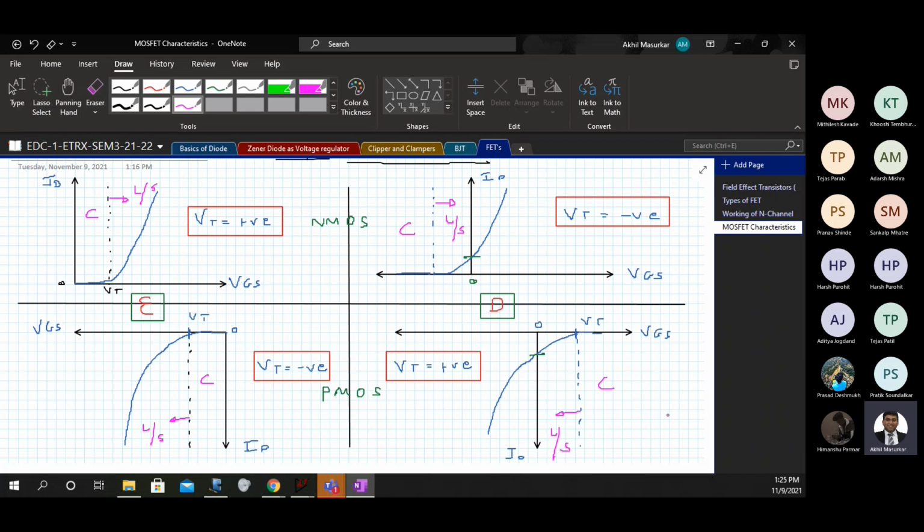Whether you start from 0 or from a maximum value does not matter. If you start from 0, you have to enhance the conductivity of the channel. If you start from the maximum value, then you have to reduce the conductivity of the channel by depleting the electrons in the channel region.